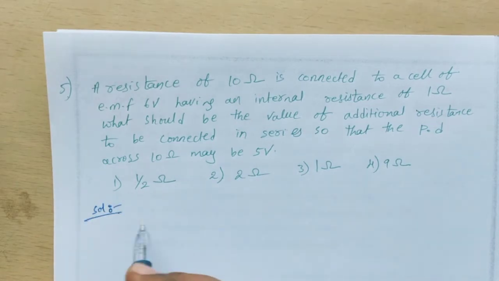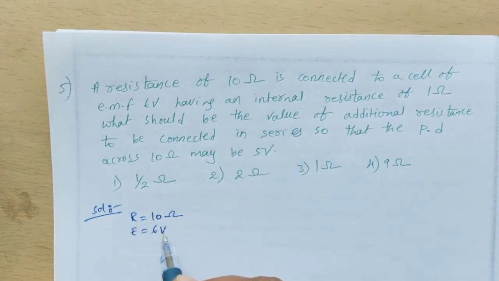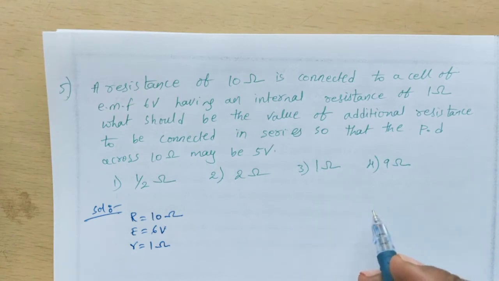See, resistance how much is given? R is equal to 10 ohms, connected to a cell of EMF, E is equal to 6 volts. It has an internal resistance of small r is equal to 1 ohm. What should be the value of additional resistance to be connected in series? So Rs value is equal to how much? So that the potential across the 10 ohms may be 5 volts, means along